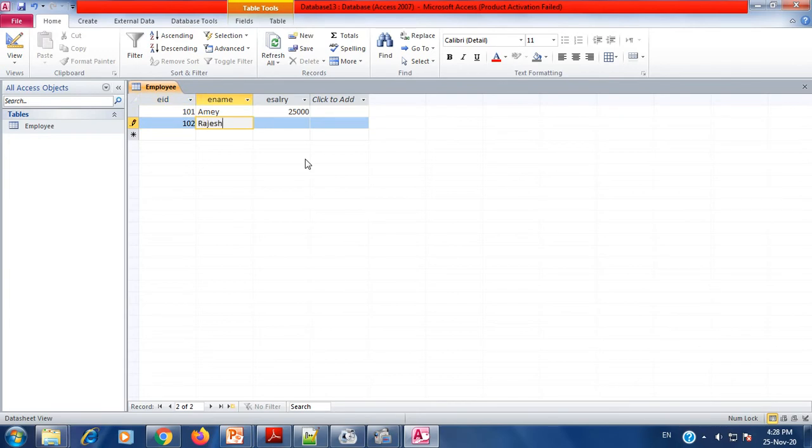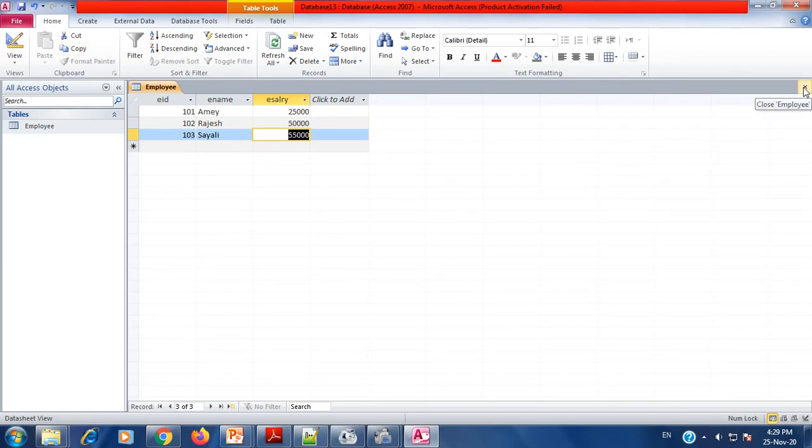The name of the employee is suppose Rajesh. Its salary is say 50,000. Next is 103. The employee name is suppose Saili, with a salary of say 55,000. So now these are the three records that I have inserted in my table.